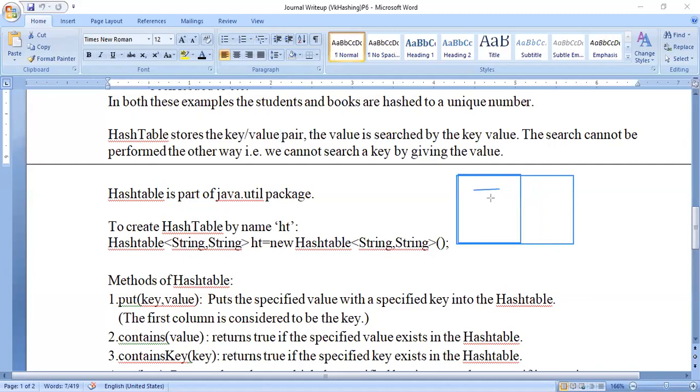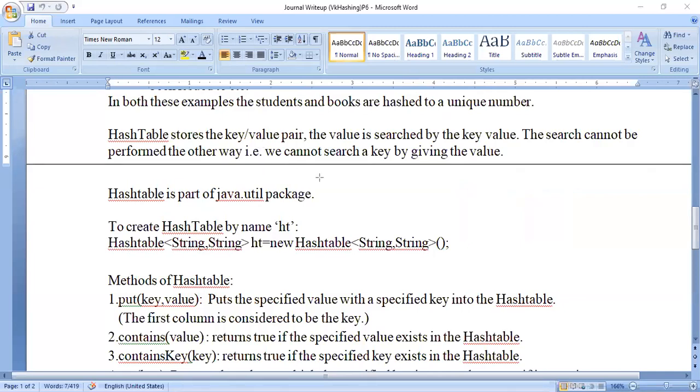Here is somewhere you will store the key, and it will have a value associated. So whenever I give a key, automatically it will retrieve the related value only. It will not get confused and fetch another value. Each key uniquely identifies a particular value. You can consider it to be a primary key kind of thing. Anyways, let us understand. So the hash table stores like that.